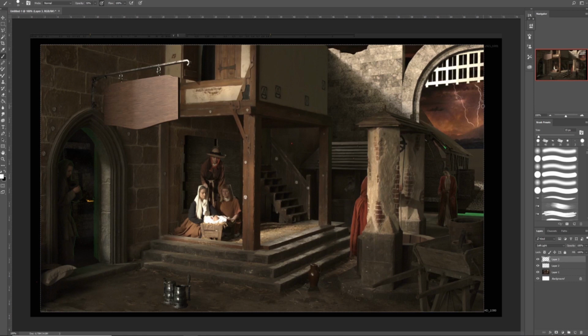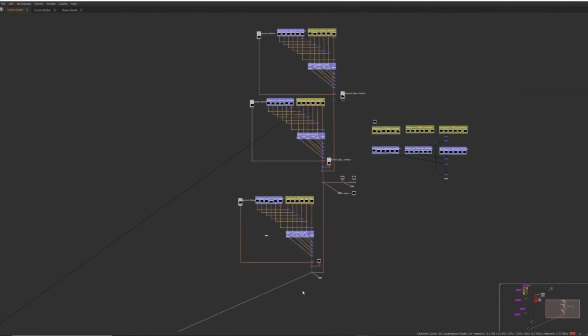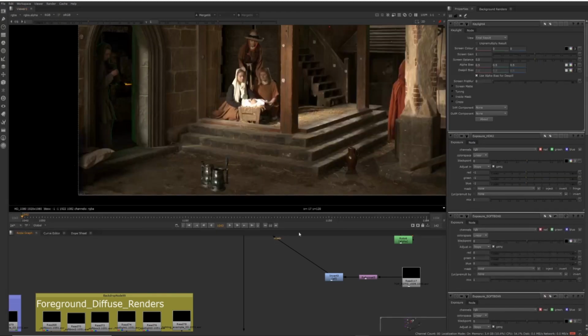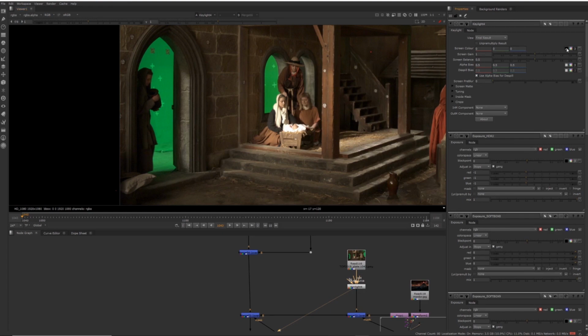Just as a bit of a joke, I added in that Mordor shot, but it's quite distracting because it's not actually going to be part of our CG. I would probably also key the green screen, even just add in a key light if you're not sure how to do that. You should green screen it properly later, but in my comp area I'll just put in a key light node there and read from here. Click on the screen color, so I'll click on the black box, select the color green,